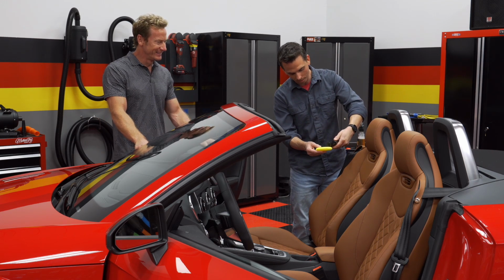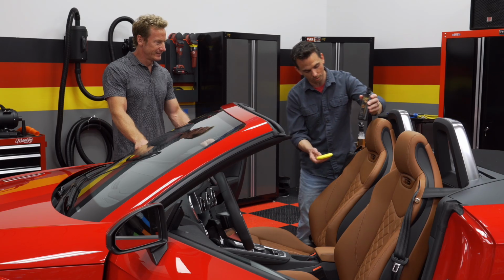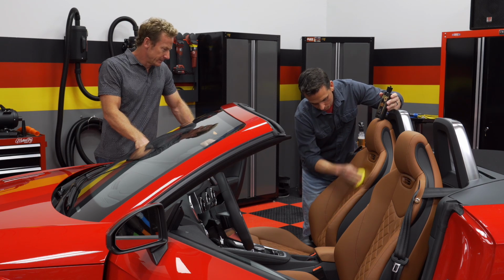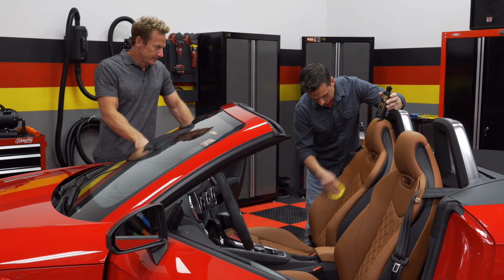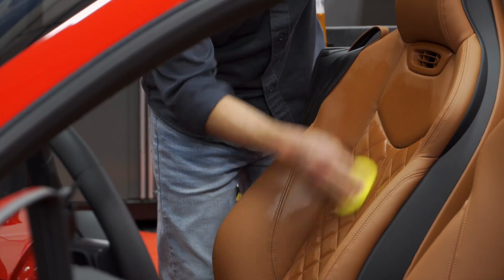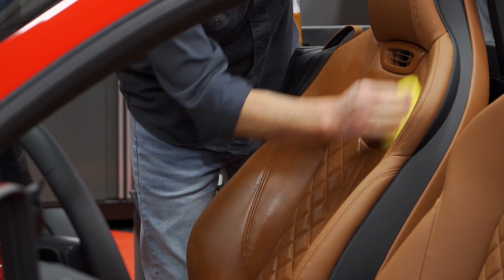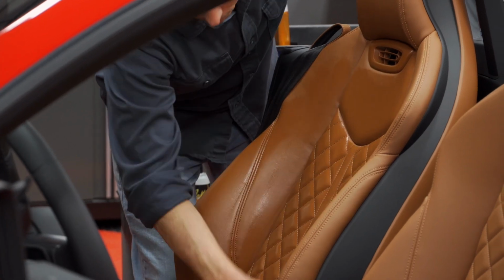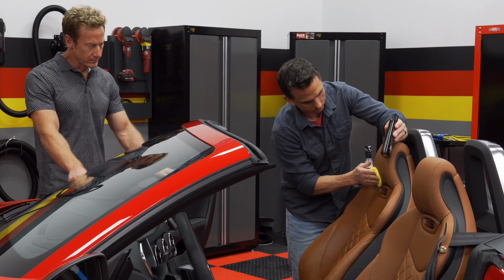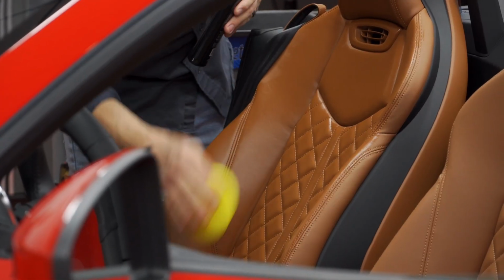I have a foam applicator pad, and a little bit of this goes a long way. And this protects the stitching as well. So I applied it to my applicator pad. I'm simply going to work it into the seat. You talk about the stitching. I mean, you look at these seats, the stitching is a huge part of the design of that seat. And it's already absorbing it into the leather. I'm making sure I pay special attention to the stitching because usually the stitching is the first part that fails. And then after you apply a nice thin coat,